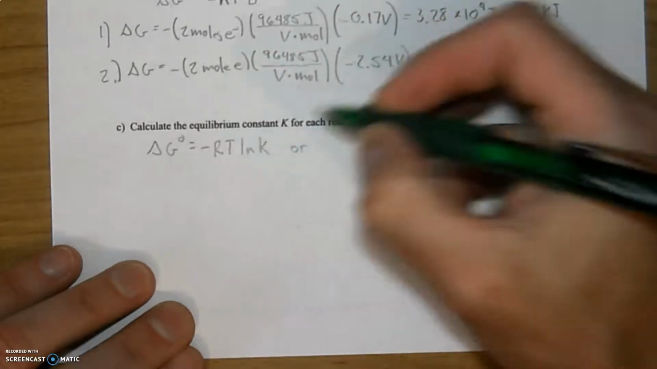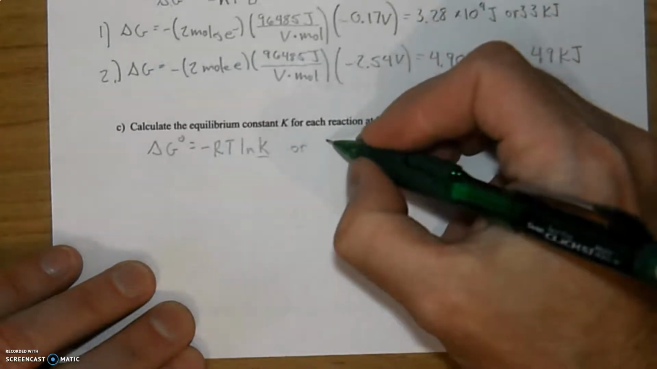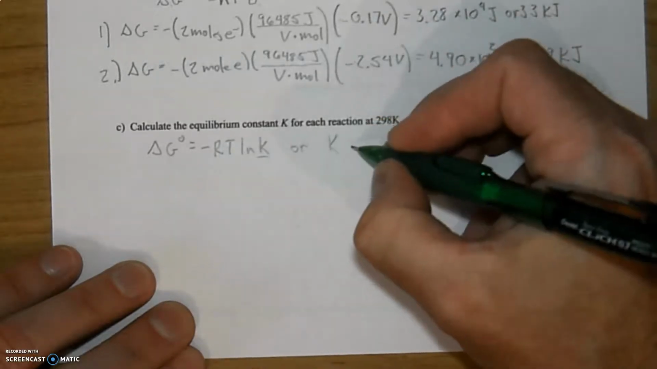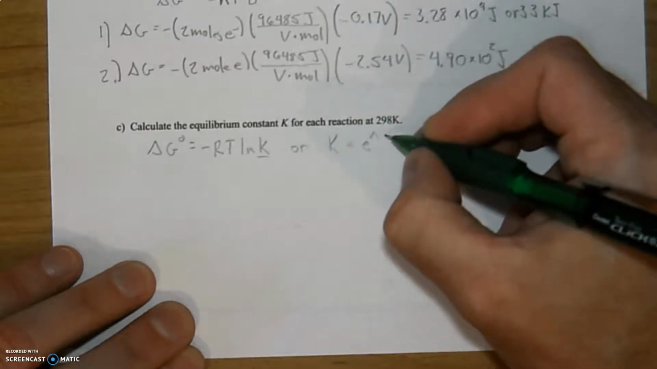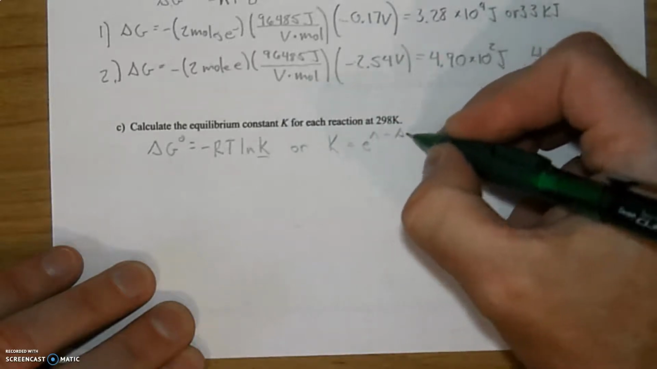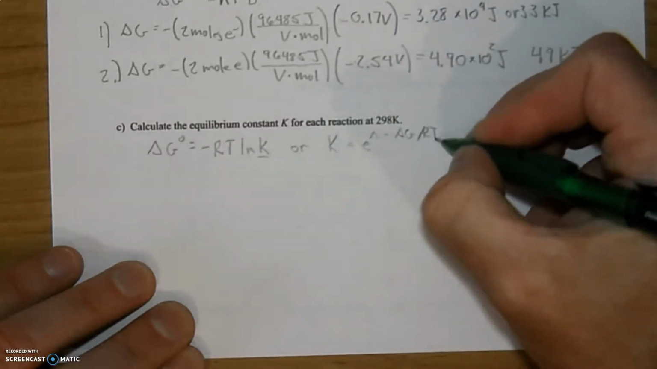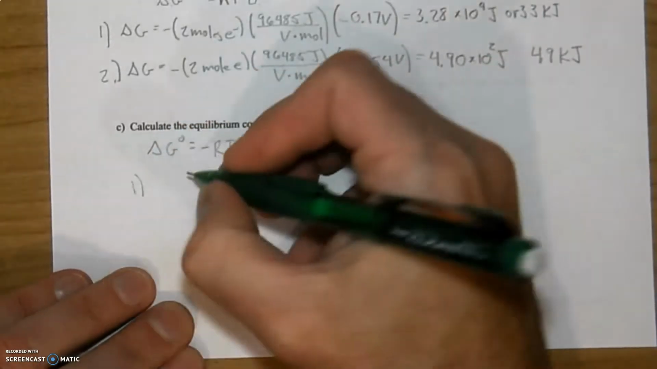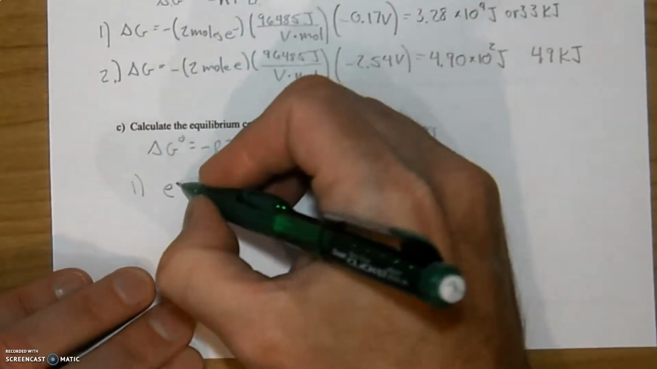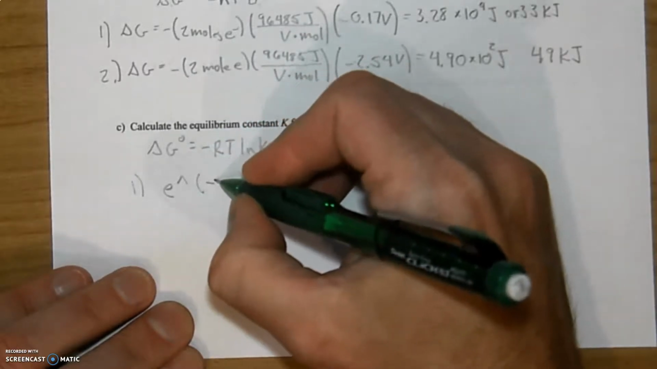Because we're specifically looking for K, we have to manipulate this around a little bit. So we will just get it set up ahead of time: K is equal to e raised to the negative delta G divided by RT. Okay, so for the first equation, we're going to simply plug in what we had from the previous problem and say negative 33